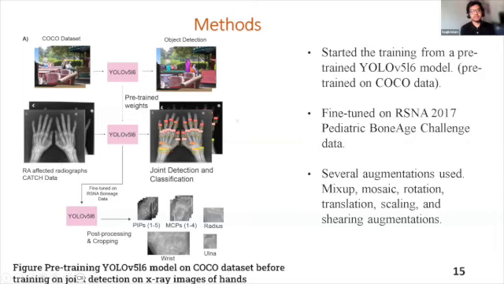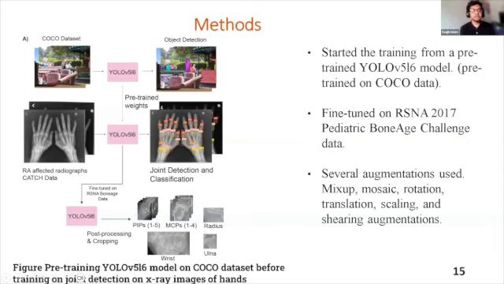Just to mention, it was trained on pediatric healthy hands, and the model performed relatively well when it detected ARIA-affected radiographs as well. The final step was to use these detected joints and do some post-processing on them, to label the correct positions of the joints and the type, and then crop them out into the different PIP, MCP,